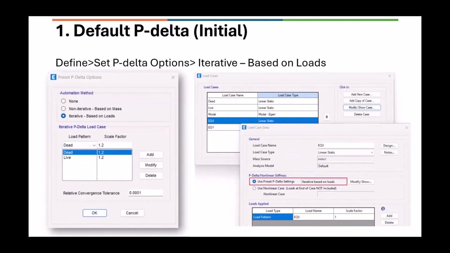So if you review the usual P delta that we do, we have this definition under the define. You'll be defining it as iterative based on loads, and the dead loads and live loads are included here. That's the definition. And then when you look into any load case, especially the lateral, you'll see the use preset P delta settings based on this definition. You don't have to do anything else beyond this definition. Initial, set the P delta options. That's it. It is done, and you can perform the analysis and then go ahead with the design. That is what we've been doing